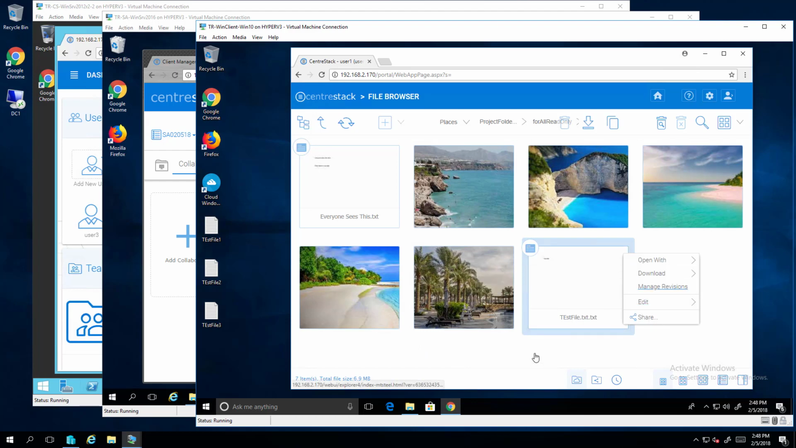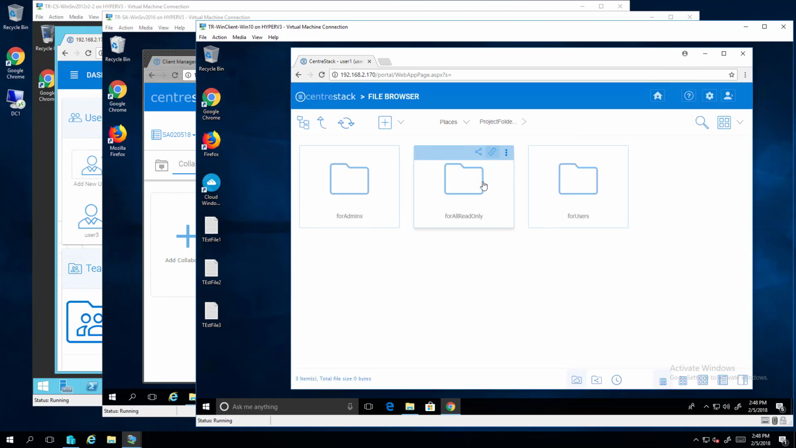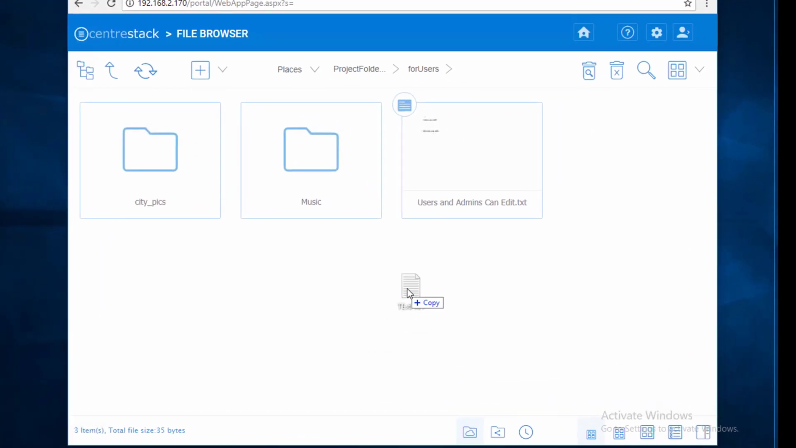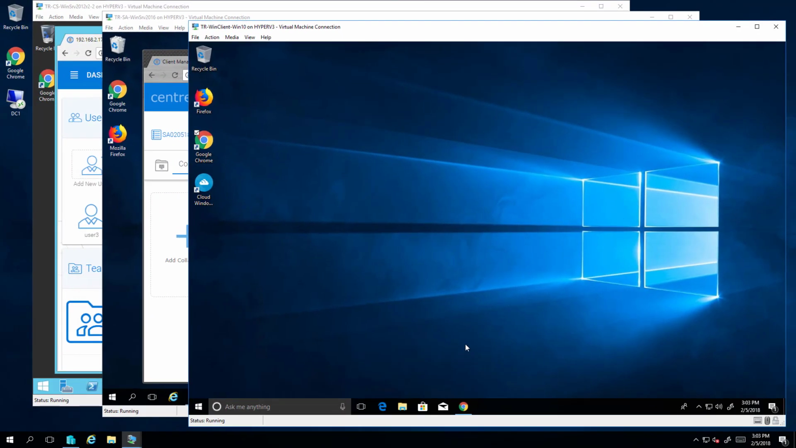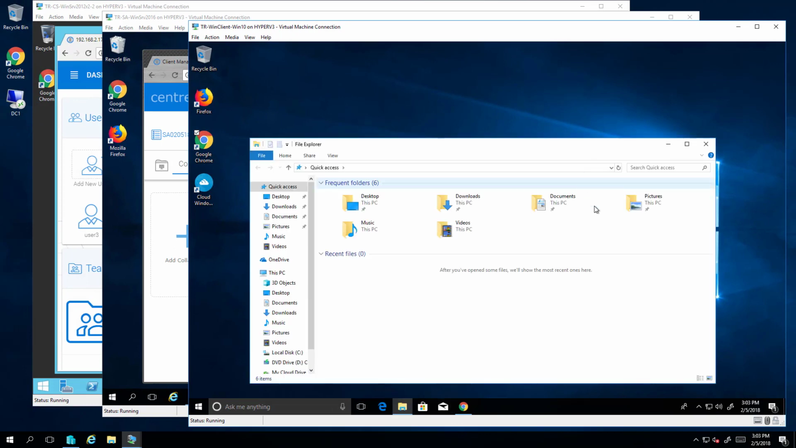Okay, so let's back out and I'll go into the For Users folder, and here of course I have permission as a user, so I can easily just drag and drop a file and it brings it to the server. Now let's minimize the web portal, and I'll go into Windows Explorer,